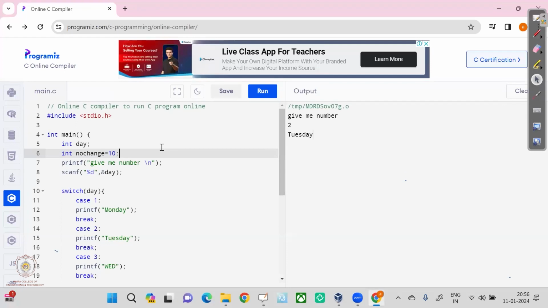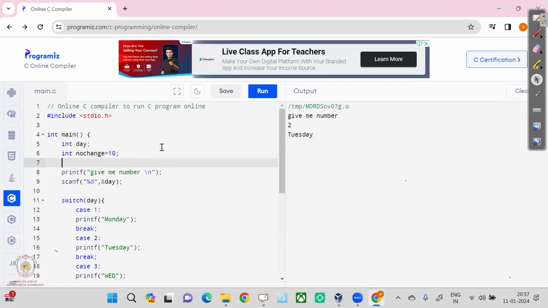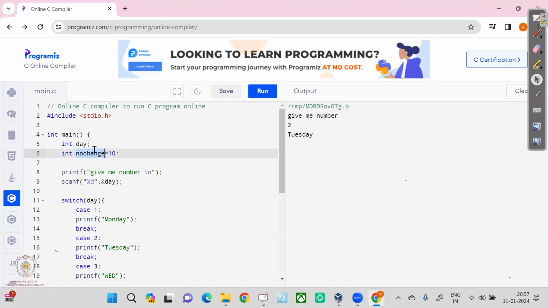Now if you see here, the same value I can update with a different value. Whenever we are writing programs, we don't want those numbers to be updated, because our logic may change. So now if you see here, if I print this one,